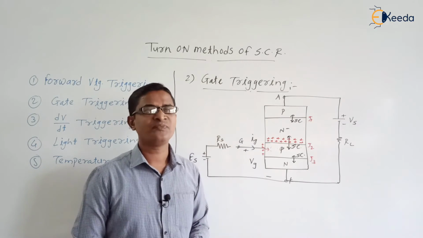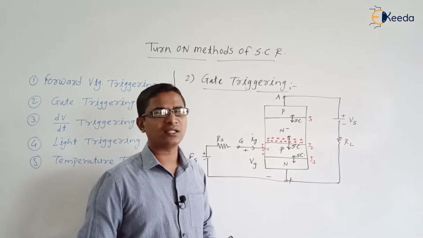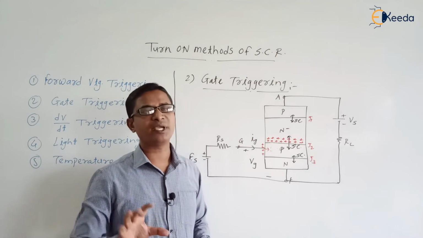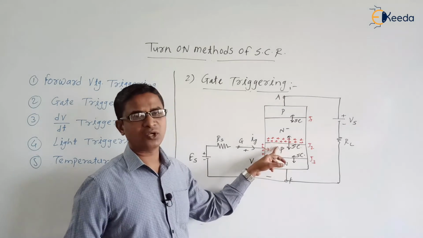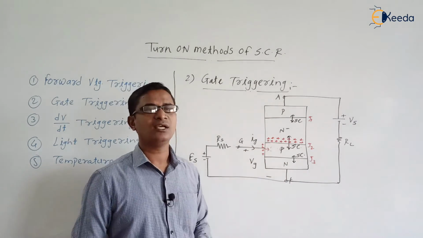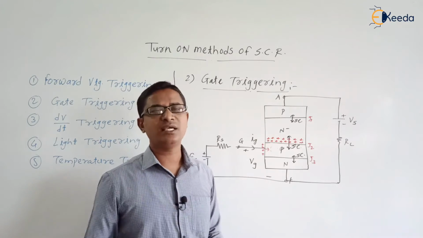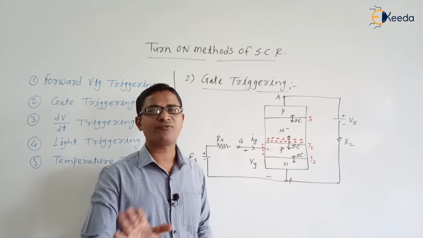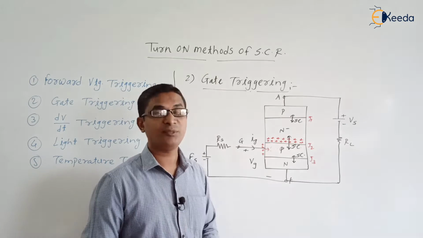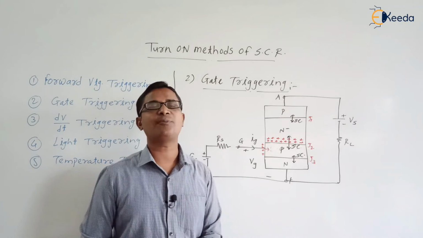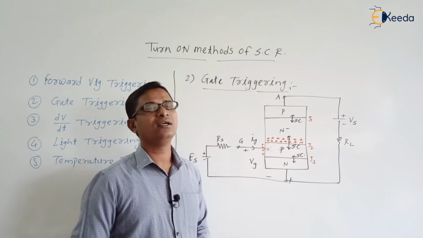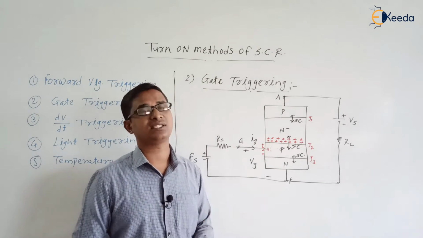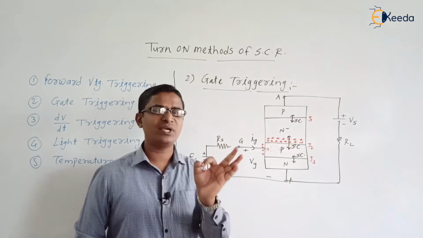Recall the semi controlled switch: a switch in which either the turn on or turn off can be controlled by an external signal. Here we are controlling the turn on by using the gate signal. But if we remove the gate signal, is our SCR turning off? No, SCR continues in the on state. Once SCR turns on with the help of the gate signal, the gate signal loses its control over the SCR. Are you getting the point?